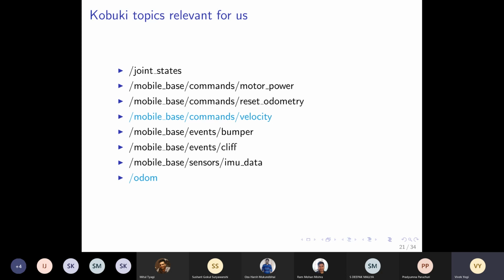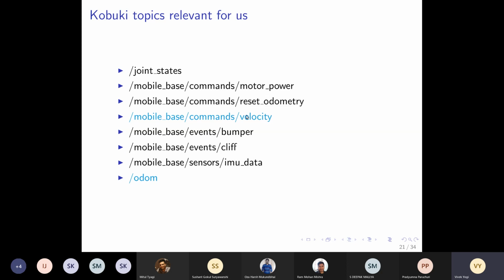So we can get information. So topics help us to give as well as extract information. That's why we have these two terms, publish and subscribe. When we subscribe, we get information. When we publish, we are sending information. Out of all these topics which are created by this Kobuki robot, see these two blue topics. These are of relevance, because we want to control this robot. The first topic is called mobile base commands velocity. As the name suggests, this is the topic which will accept some velocity commands.